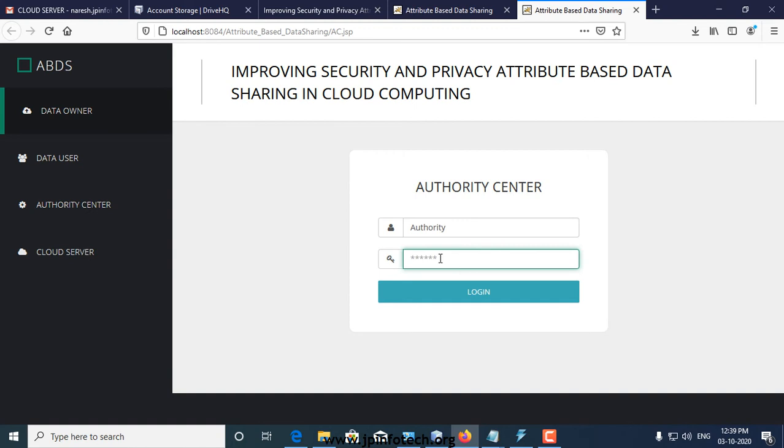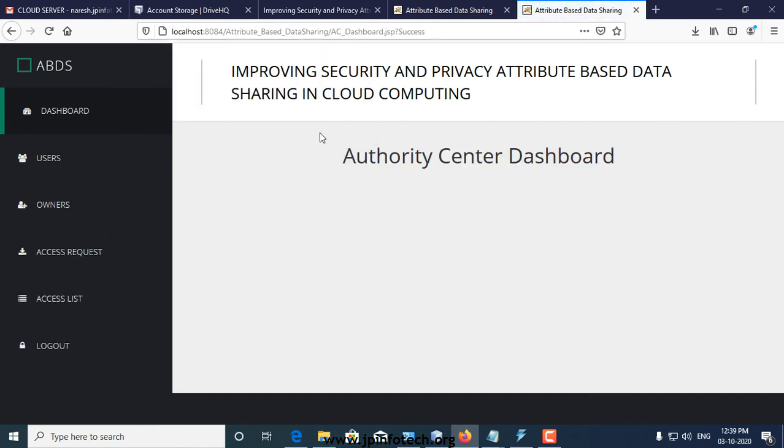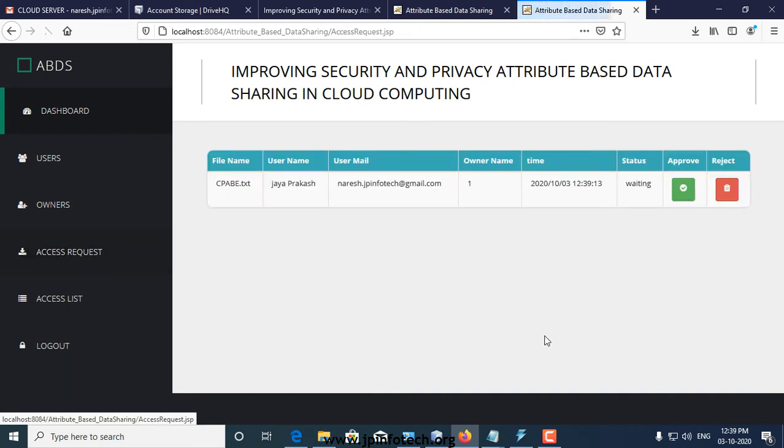Now I'm going to log in as authority. In this section you can see access request. See, the user's request is sent directly to the authority center. The authority has the right to approve or reject the file access request.